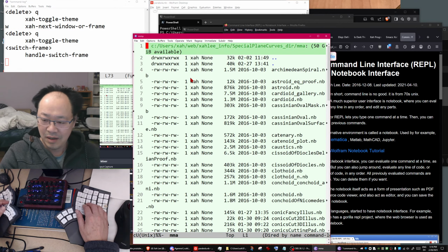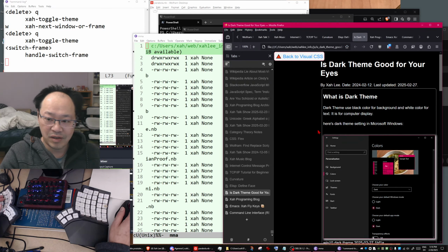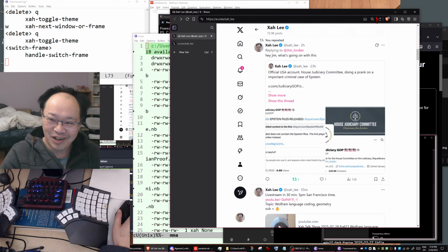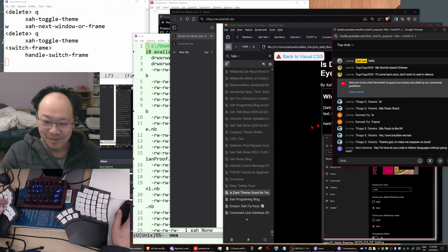Leave it white. There's an article on that dark theme, and there are actually 10 articles on dark theme. So is dark theme good for you? Dark theme is one of those subject matters where it's dramatic. Everyone will love to talk about it. What's your opinion? What's your favorite thing? But if you talk about mathematics, no, two people watching.